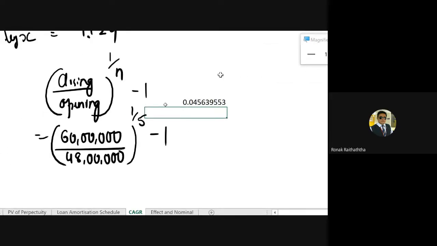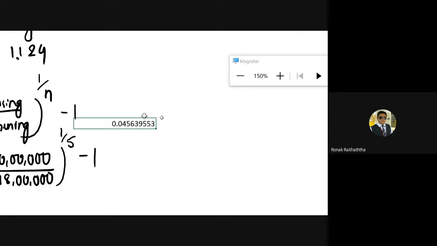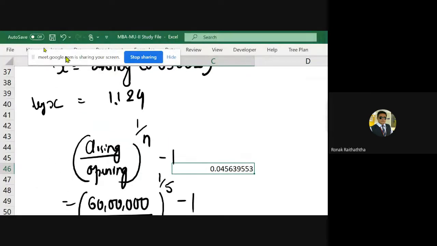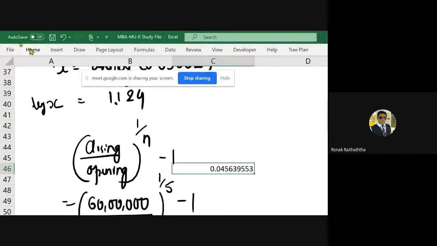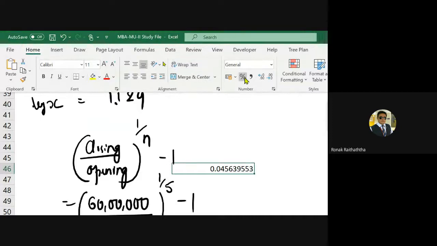It is as simple as that. Just convert that into a percentage. So whatever the answer I have got, I'll just go there, my friend, in home tab, and I'll just convert that into percentage by pressing it, increase the decimals. So the CAGR that friend has got is 4.56 percentage. I said you shouldn't be boasting about that. I had invested in Reliance at that point of time. I have got much better return than you.